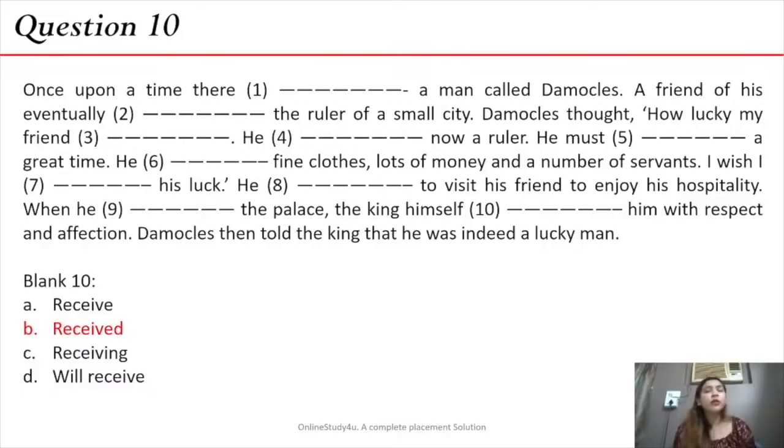For the people who've got 9 or 10 in this, that is excellent, guys. That's real good work. I'm very happy that you've got that. For anyone who's got 7 to 8, that is very good, but I would want you guys to push yourself to 9 or 10. For someone who's got 6 or below, thoda sa dil tod diya. I do not want you guys to be on 6 or below because these are very scoring questions. But we'll try and work together. We'll try and get you to a 9 or a 10, right? So congratulations to the people who've got 9 or 10, and the others will work hard together, no problem.